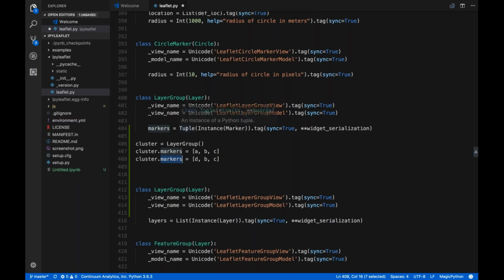So as a convention, instead of using lists like this, and we should probably change this as well, use tuples instead. So I'm going to use tuple here, and I want this to be a tuple of markers. And these tags here are widget specific things. The sync equals true means this attribute is propagated over to the JavaScript side, and it receives updates from the JavaScript side. And the widget_serialization